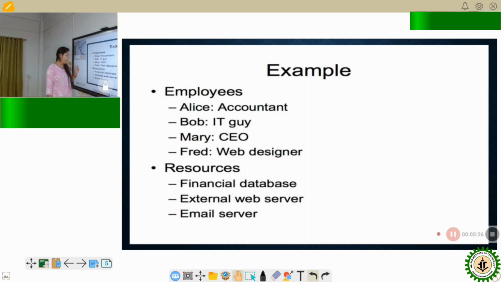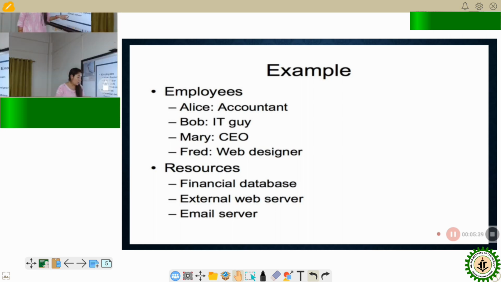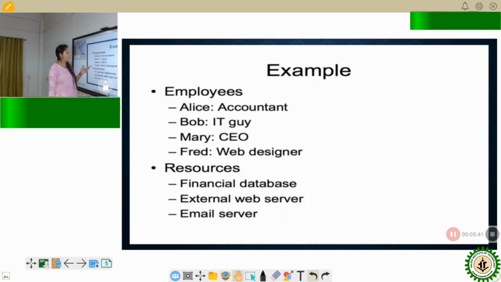I think not. So Alice does not require access to the external web server. She might also not need any access to the email server, because that's not required for what she's going to do as an accountant. Similarly, let's come to the IT personnel, Bob.